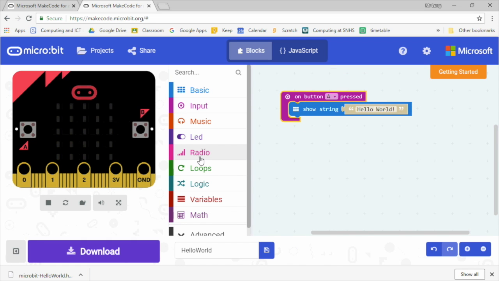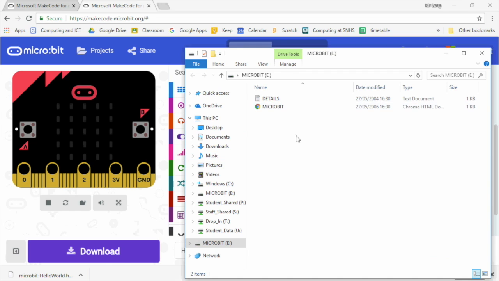Now the other thing I would probably want to do is actually put the program onto my microbit. So to put the program onto my microbit, I first of all have to use the USB interface lead to connect the microbit to the PC. So I've just plugged it in, and it's popped up under this PC. There is my microbit E drive, and